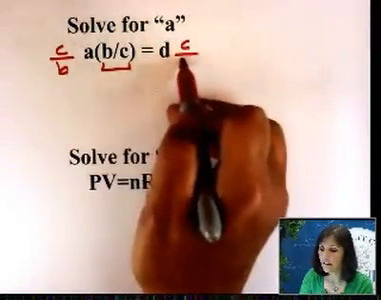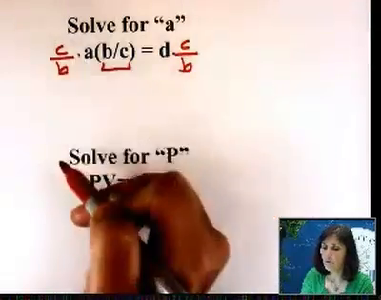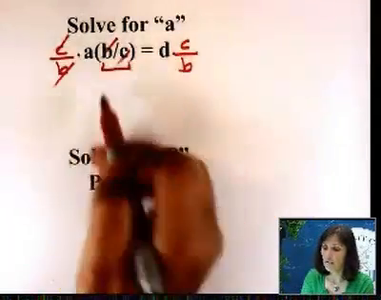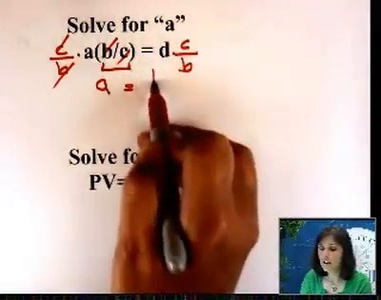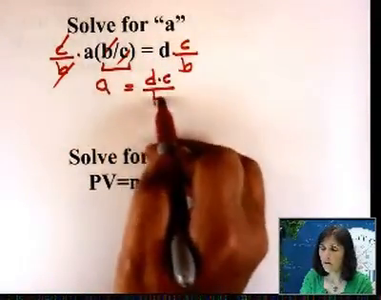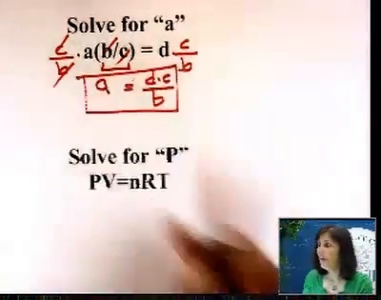C over B. And that's multiplying. Look what you can do. B's go, C's go, and you end up with A, D times C over B. Here we go. And this is a typical